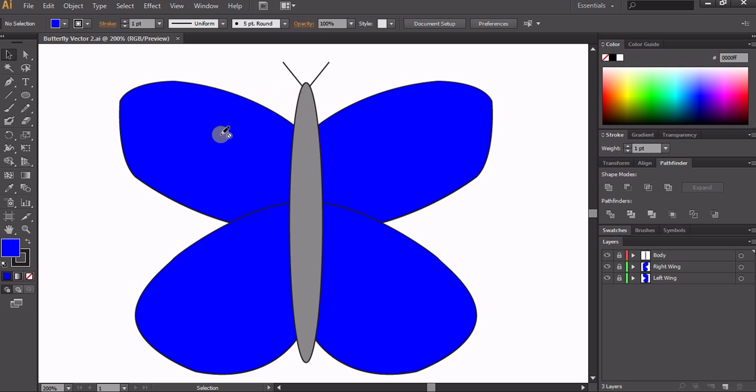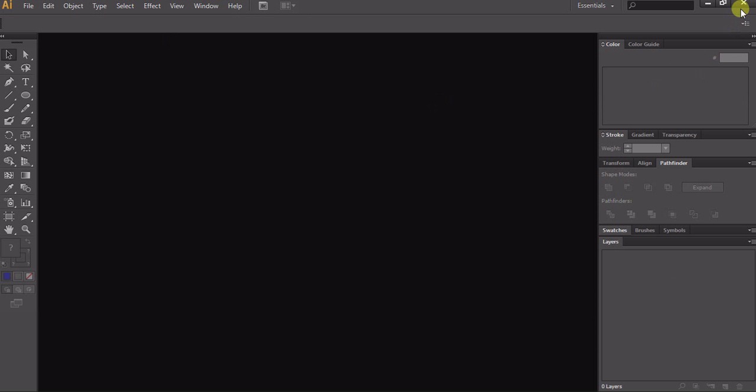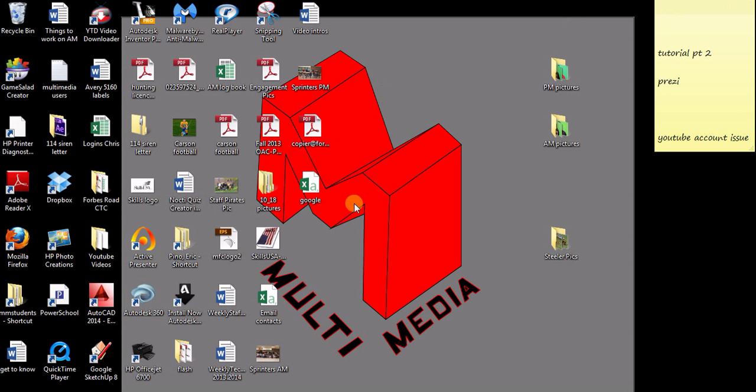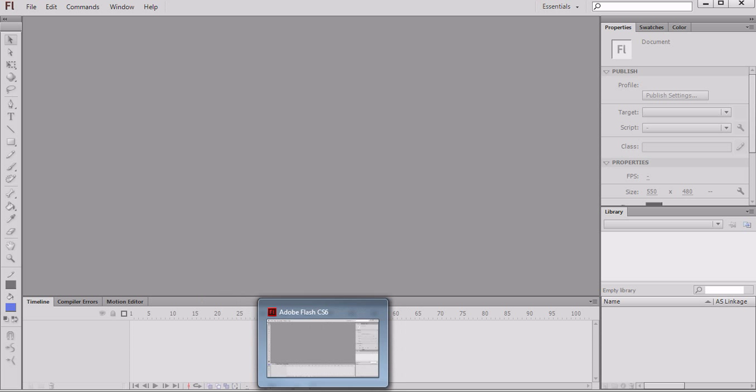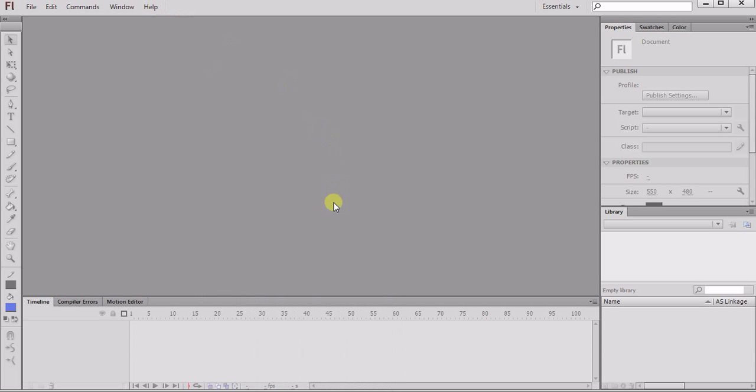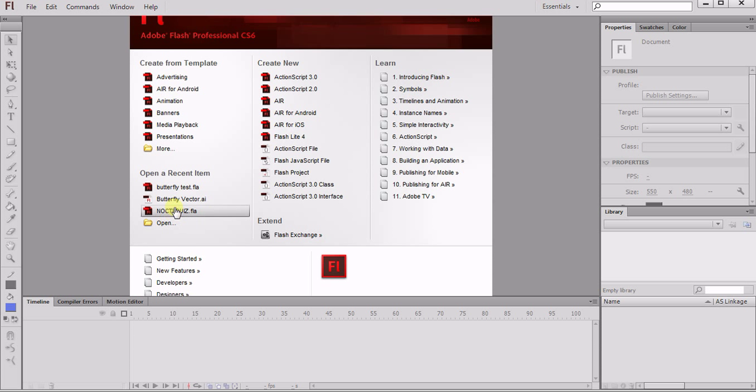And now we're done in Adobe Illustrator, so I'm going to close out Adobe Illustrator, and then we want to bring up Adobe Flash. So go ahead and click on Flash. If you don't have it on your desktop, just click on Start, and then go up to All Programs and find the Adobe system. Click on ActionScript 3.0,